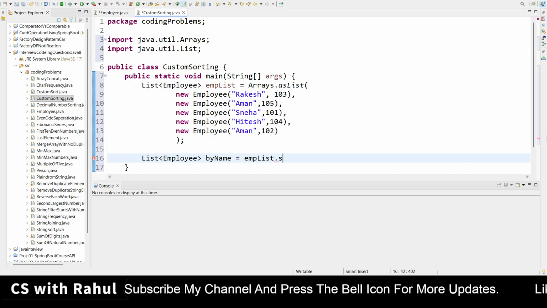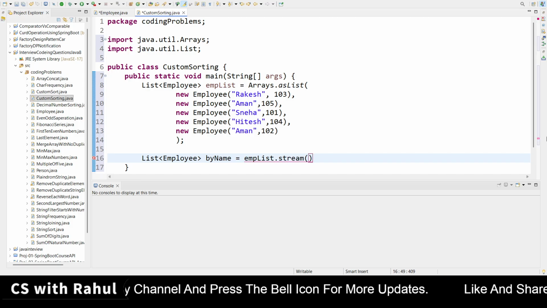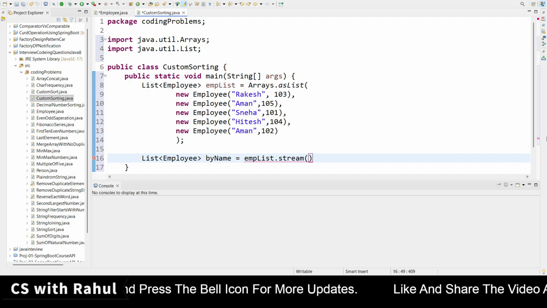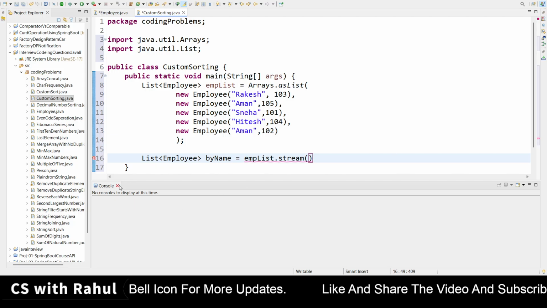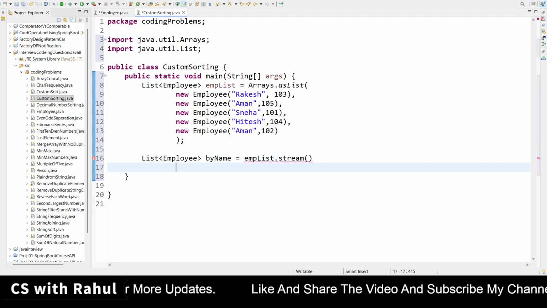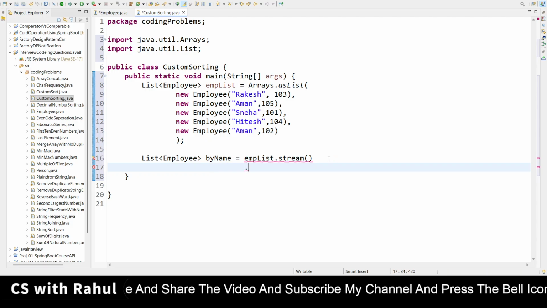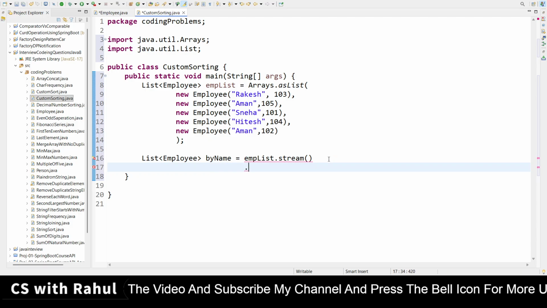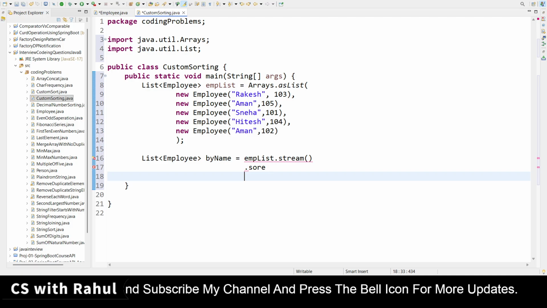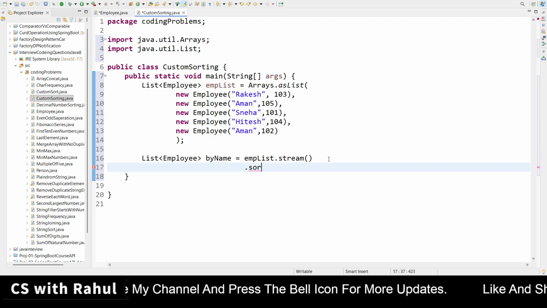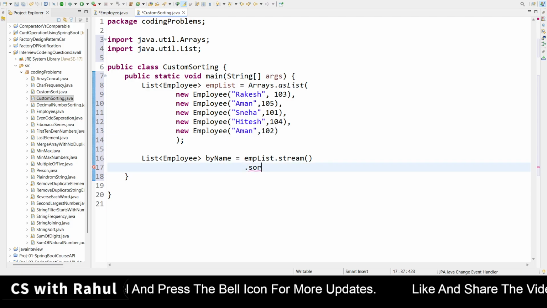We need to create the stream. So here I have created the stream of the employee. So once you create the stream, now you have to do the further operation. That stream is created. Now one by one you need to sort. So in stream there is a default method which is sorted. So you can call it directly here, sorted method.